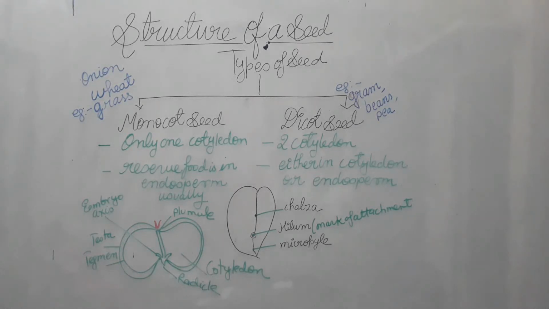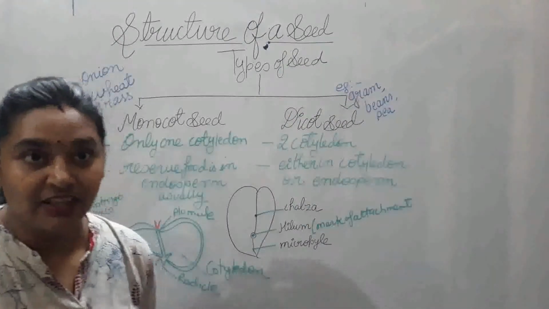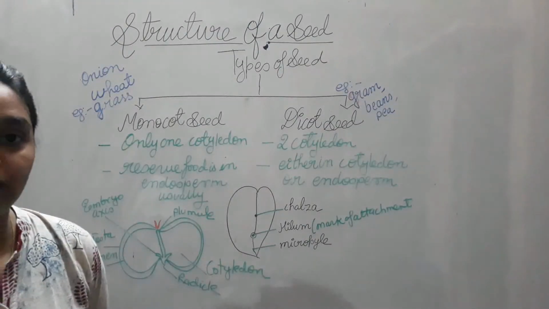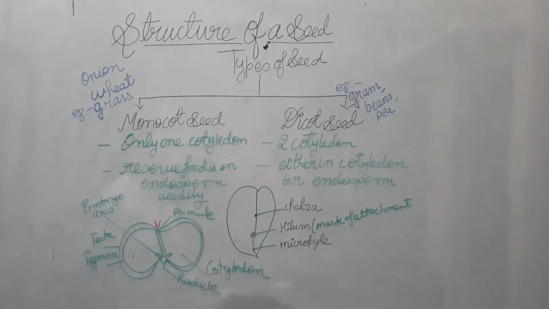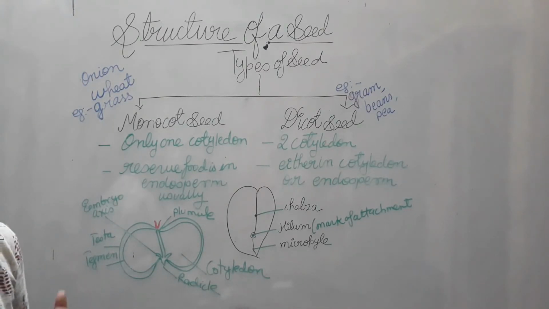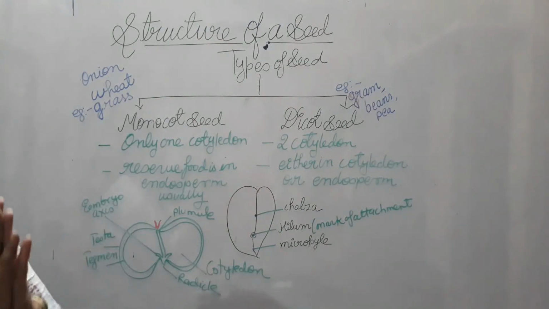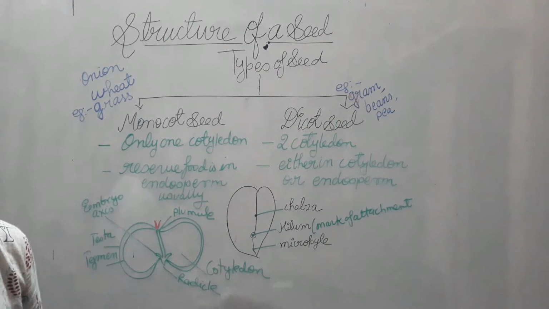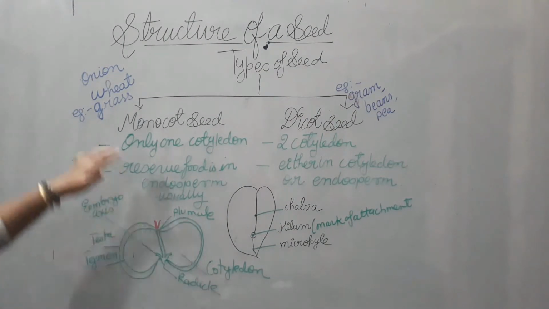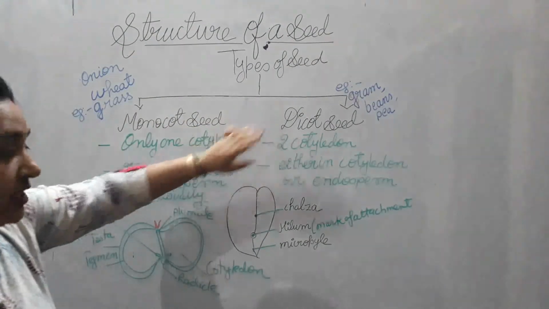Hello students. So now let us start with today's topic, which is the structure of seed. Let us see what the structure of a seed is. The structure of seed is divided into two different types on the basis of the cotyledons present in them. If a seed has one single cotyledon, that is the covering, it is called a monocotyledon, and the seeds which have two cotyledons, which can be divided easily into two different parts, are called dicotyledons. So here is the monocot seed and here the dicot seed, or dicotyledonous seed.